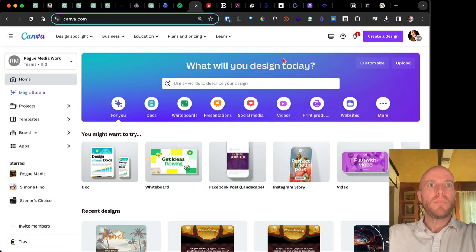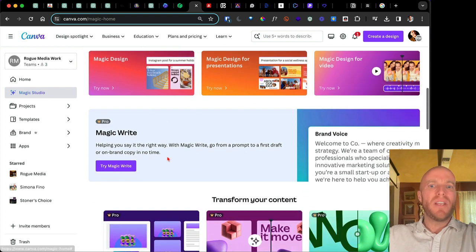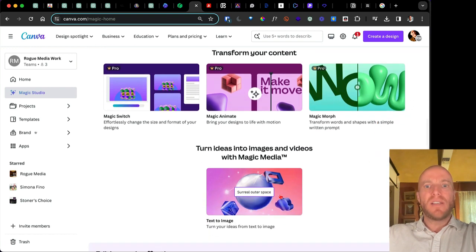Canva, if you haven't used it yet, it's amazing. It's got a couple of new magic tools, like it allows you to easily create presentations and videos and imagery. It can switch one post into lots of different formats for different platforms. It can animate stuff. It can do some cool visuals. One of the cool things that it does is actually just create imagery right inside Canva, and you don't need the paid account to do it. And that's what's really neat.